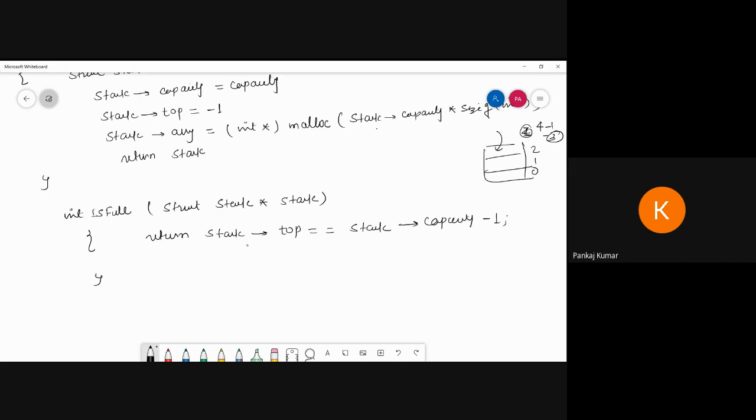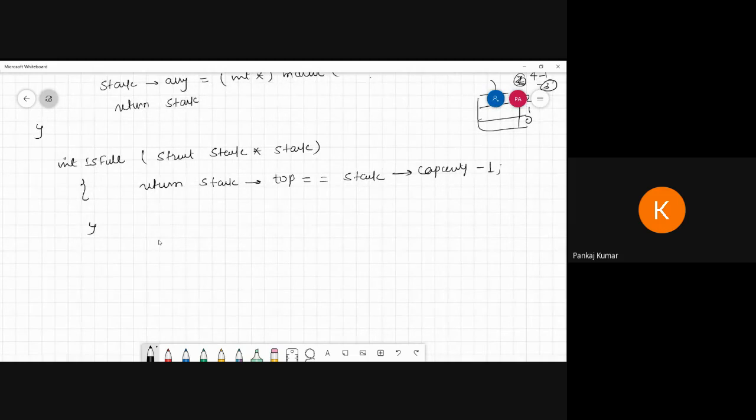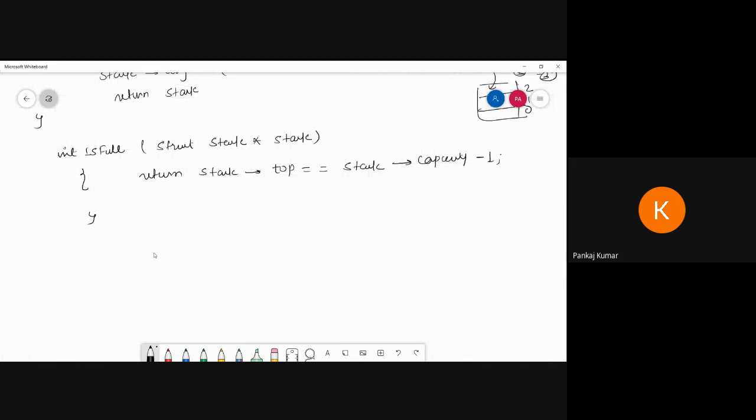Similarly, we have to check whether this stack is empty or not, so we have to compare it with minus 1. Same, int isEmpty. Same process, I am going to use struct stack.